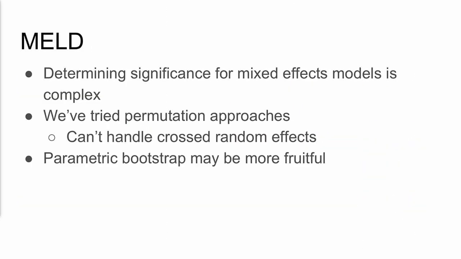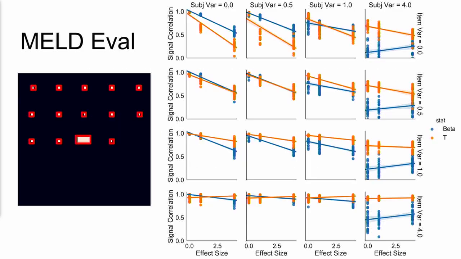And so there's a lot going on in these plots. I'll walk you through them. Up here, we've got increasing amounts of subject variance. This first column is the completely unrealistic case in which all of your subjects are the same, but it's a good starting point. And then going down the rows, we've got increasing amounts of item level variance, so that you're drawing your stimuli from progressively more variable populations. And then here, the lines are showing, for various effect sizes, so no effect, effect size of 1, effect size of 4, what is the correlation across a whole bunch of simulations between the results from MELD and the results from LME4